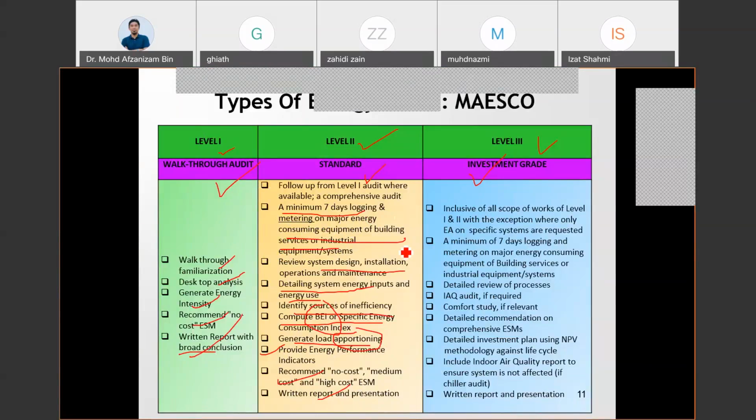Okay, so that's for level 3, which is more detailed or specific. You can go for inclusive of scope level 1 and 2. Okay, level 1 covers, level 2 also covers. The expectation is where the energy audit is only on a